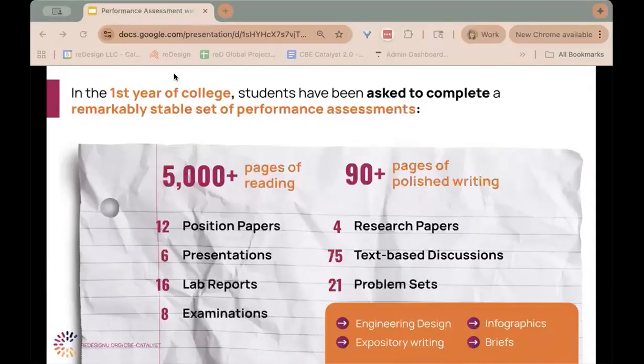Position papers, presentations, research papers. If you have a young person who's in college or recently graduated, this is probably still relatively familiar. This is what my daughter is doing right now in her senior year at a pretty select university. And many people I know have said, yep, this is what it is. This is what we're asking young people to do. I want you to take a look at it and think about it for a minute. One of the things you can see here is a lot of these tasks rely on the kind of Western European logic flow that has been so prioritized in our country in education.